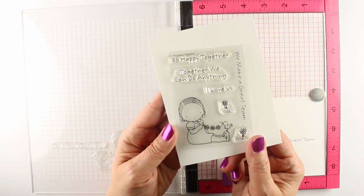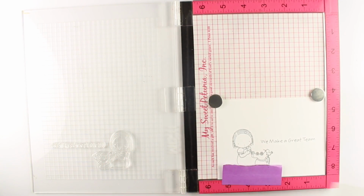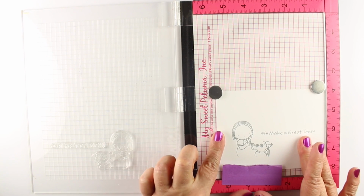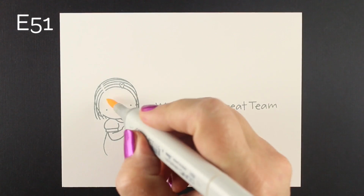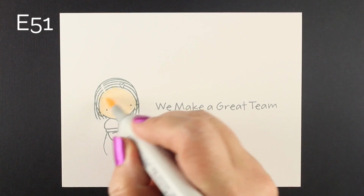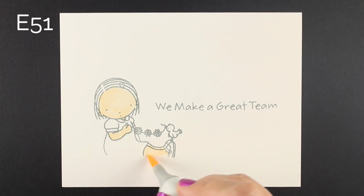And today I'm going to be using Copics with this little stamp set called Happy Together from the new release. And I wanted her to be sitting in a bed of flowers, so I stamped it with my steel blue hybrid ink, but I used a little sticky note to block off the bottom part so you can see she's sitting into something that you can't see, because that's going to make it look like she's sitting in a bed of flowers. And that's what the Copic watercolor portion of the title of this video is going to show you